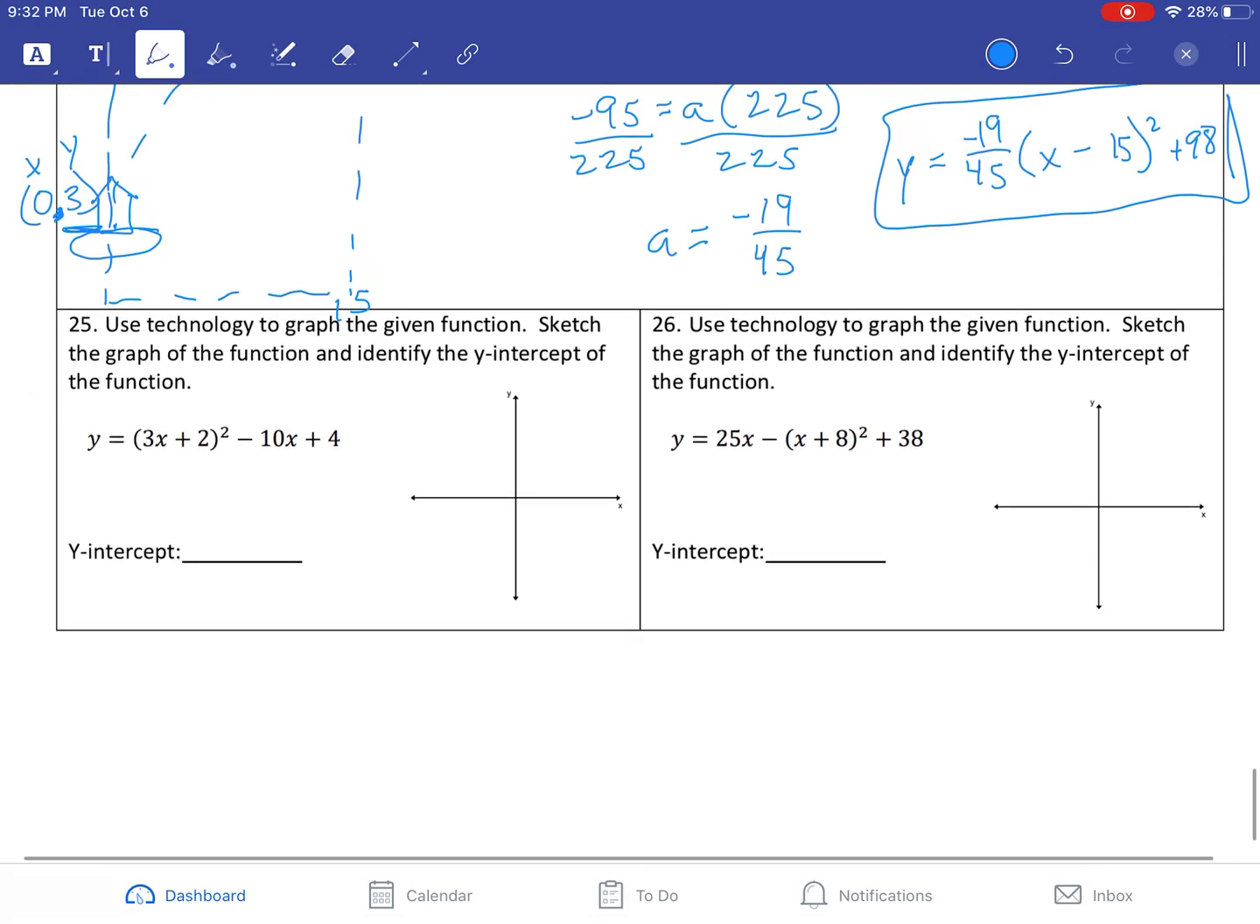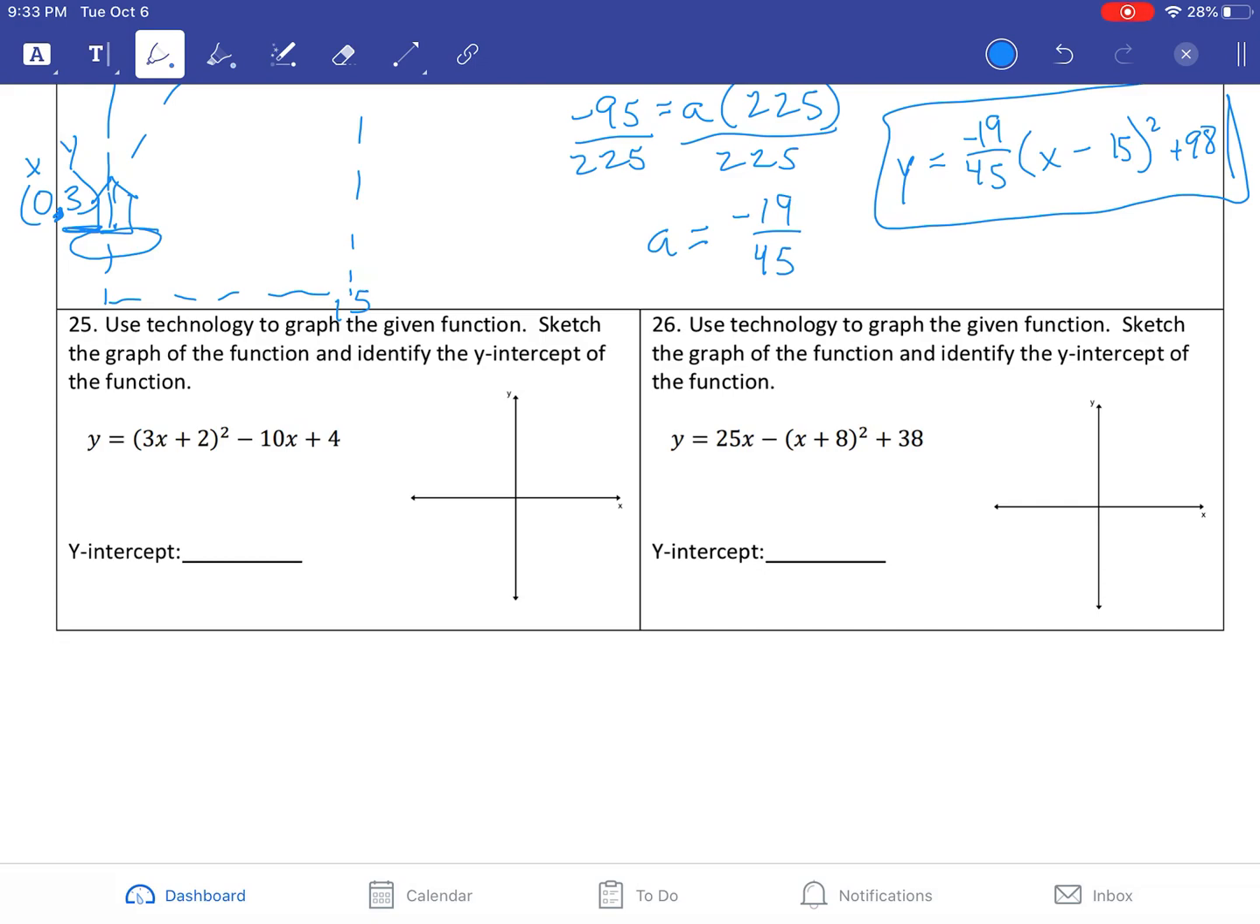Okay. The last two things are from the first unit test. They're going to be showing back up on this test. All you have to do is go into your calculator, hit the y equals button. You plug in this equation just like it looks. So your parentheses, 3x plus 2, end parentheses, quantity squared, minus 10x plus 4. If we were to graph this, when you hit the graph button,